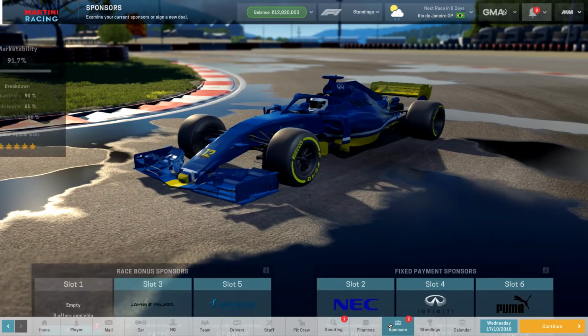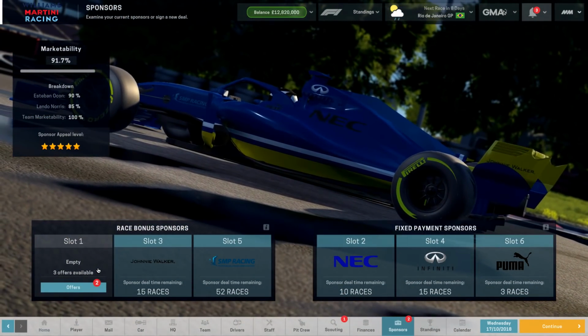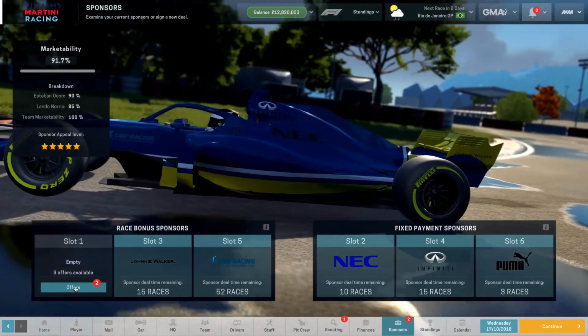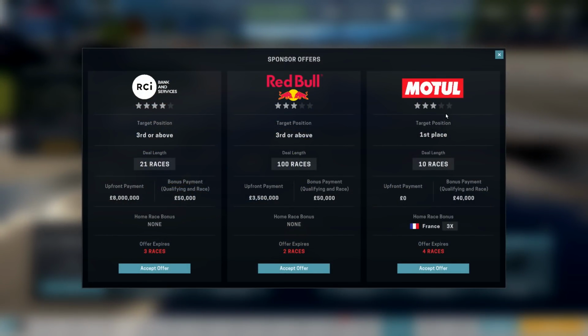We also have a couple of sponsors here. When we did it 2 races ago, we left the sponsors as they were because there weren't any decent sponsors here. Hopefully these 2 new sponsors now are going to be decent enough for us to get on the car. We've got Motul, that's new. Red Bull still wanting to sponsor us at the moment, but Motul offering us no money up front and only